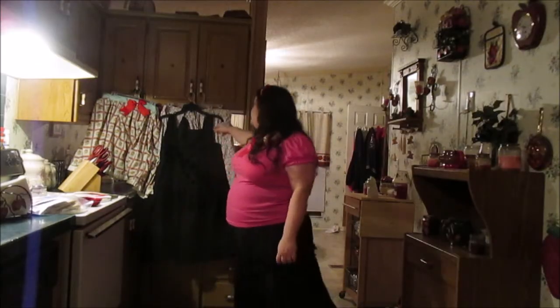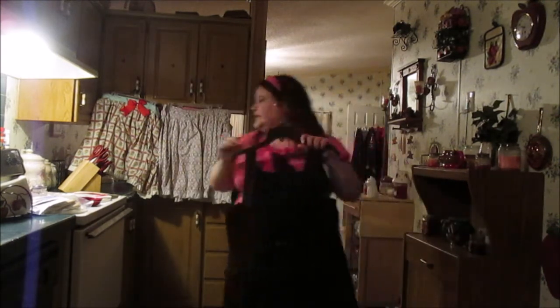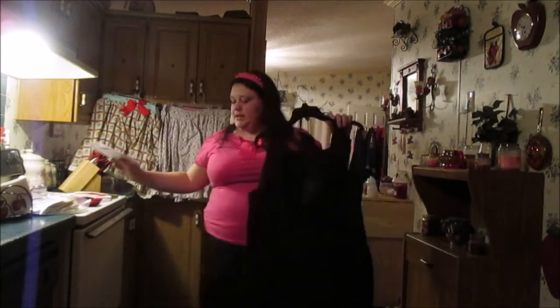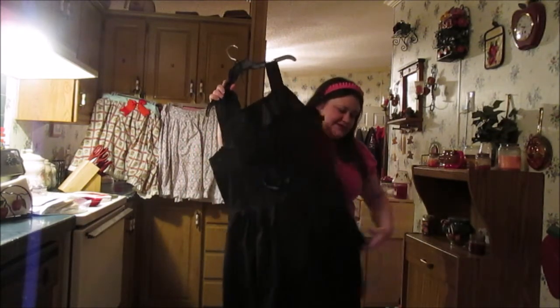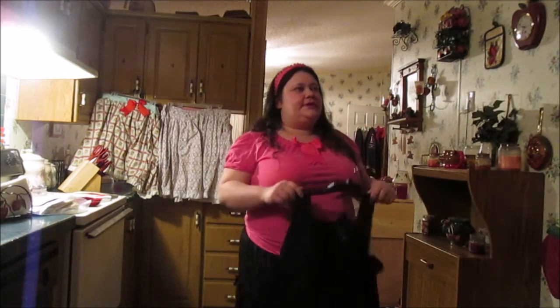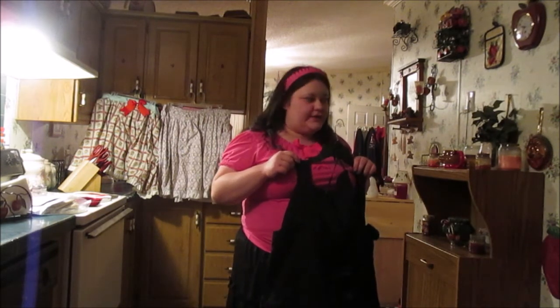Alright, and I got one more until we move on to the actual skirts. This one was my second JSK I made using this pattern. I made this for a ghost tour downtown that my friend and I were going on, and so I wanted something cute to wear. I thought I could do Victorian, but I don't have time to make Victorian. I've done Victorian twice already. I did a Victorian skirt for Christmas last year in 2016, and I did a full Victorian dress for my